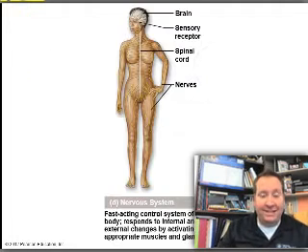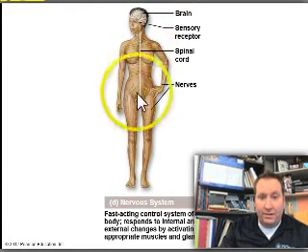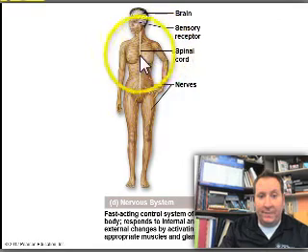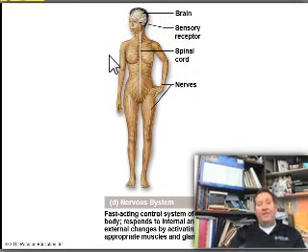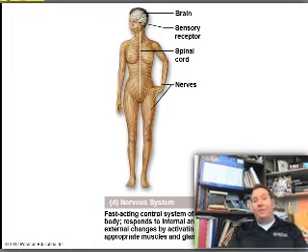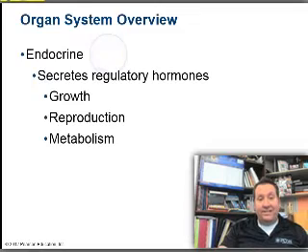The nervous system consists of the brain, the spinal cord, and the nerves coming off of the brain and the spinal cord. That is your nervous system. Your nervous system acts very fast, but the downfall of the nervous system is you continually have to send these electrical signals. It's a fast-acting control system of your body,